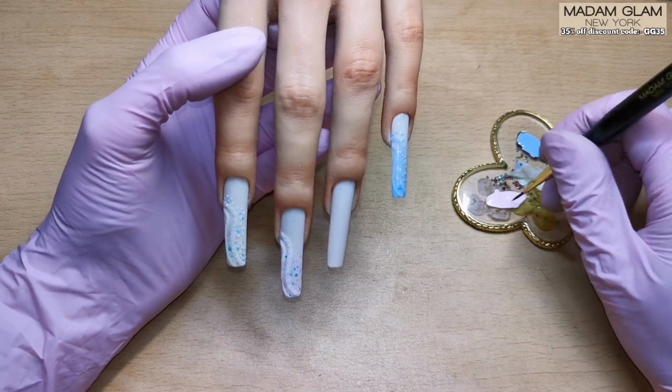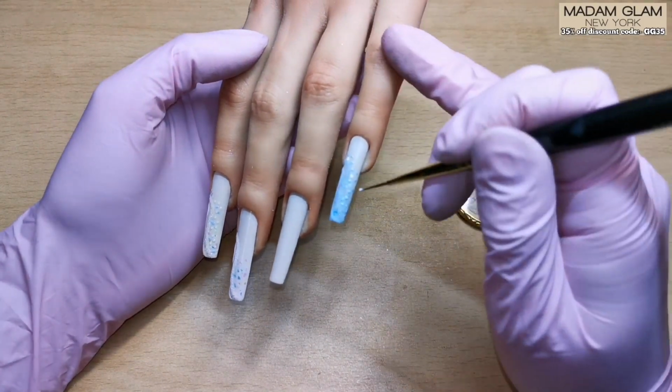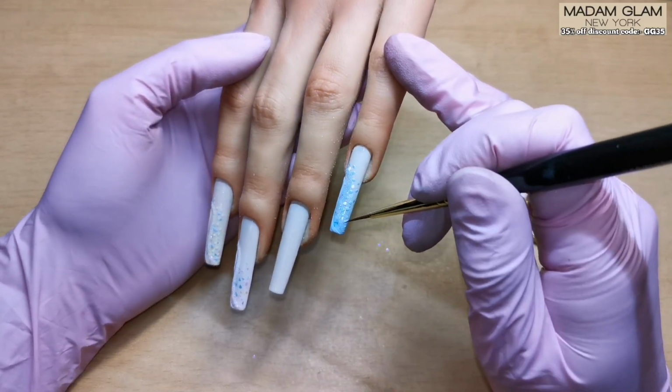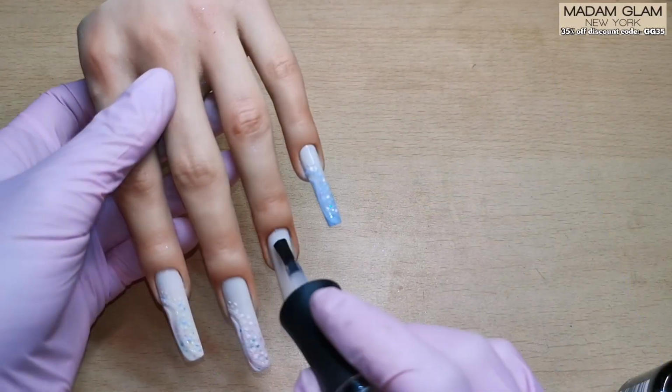And then in the middle of that, I'm just doing another dot with a different colour just to do the middle of the flower. That is it. So easy. Cure those. Now I'm going in with the Madam Glam Velvet Matte Top Coat, and I'm just applying